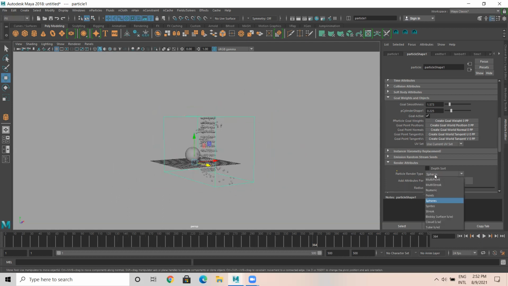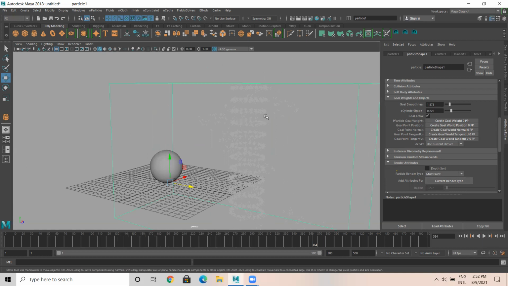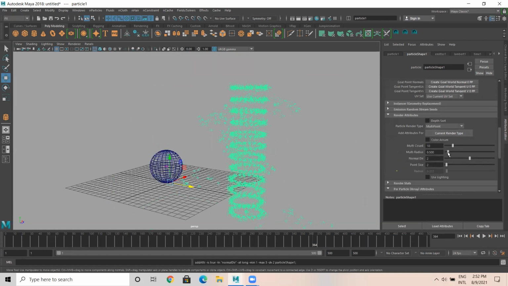Now I'll not make this a sphere. I'll change this to multi-point, and for multi-point, I'll go to current render type. I'll increase the radius and reduce the point size. I increase the radius, something like this. I can increase this also.